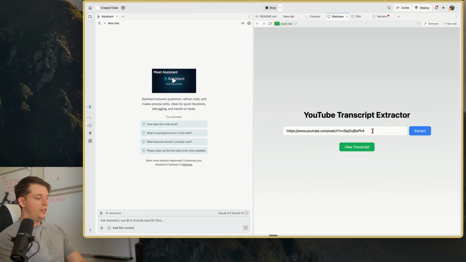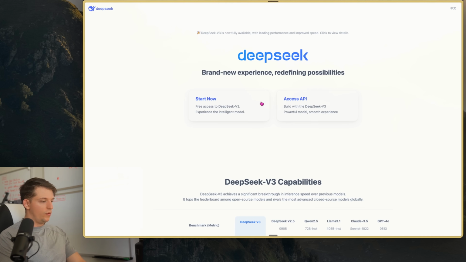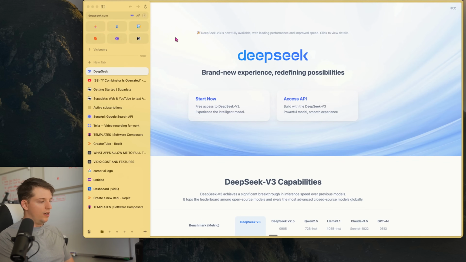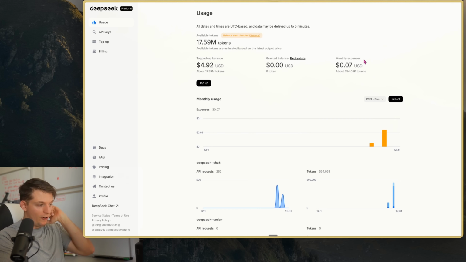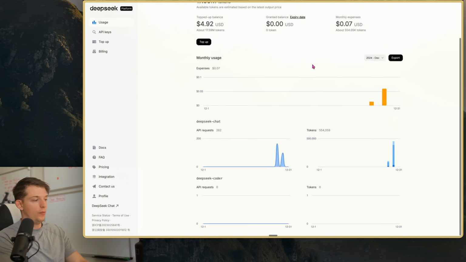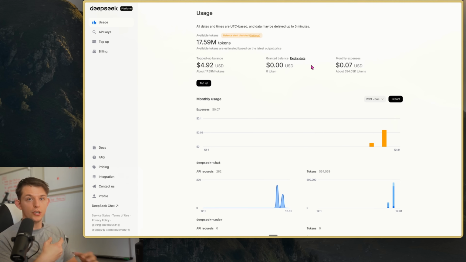Now, what we want to do is use Deepseek. So what we're going to do here is go to deepseek.com, and we can access their API. And this is the cheapest model ever. I've been using this like crazy already, and I've used 7 cents. It is cheaper in this initial period than it will be, but it's still 10 times cheaper than OpenAI. So that means for every 10 prompts you do with Deepseek will cost the same amount as one prompt with